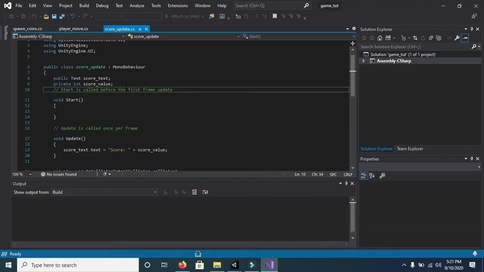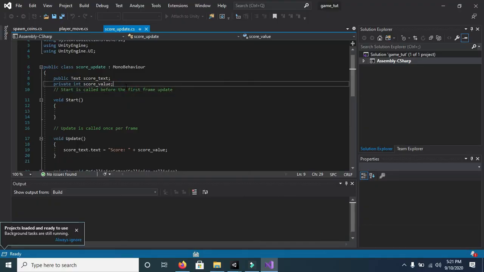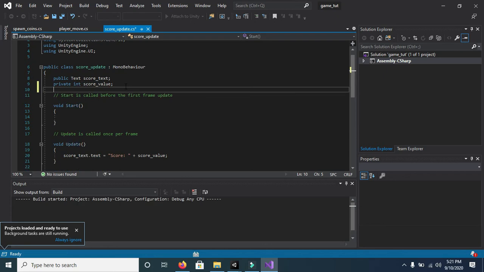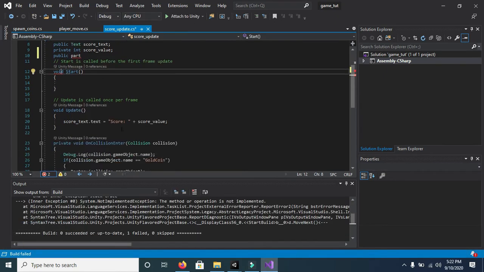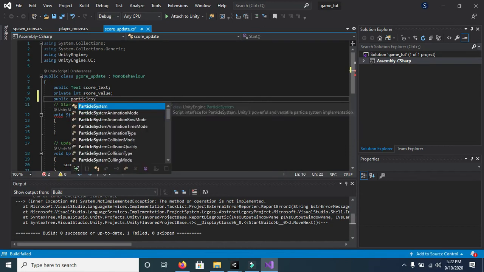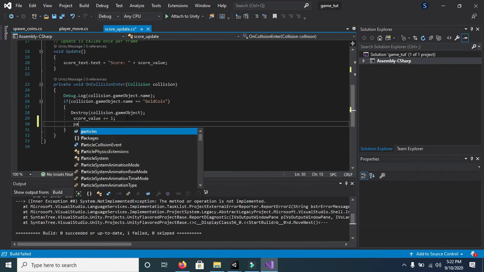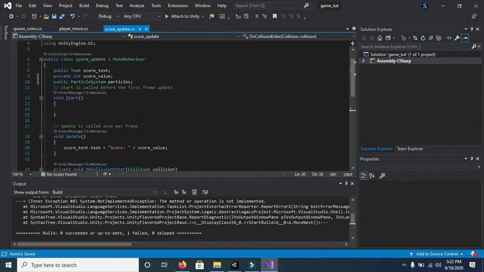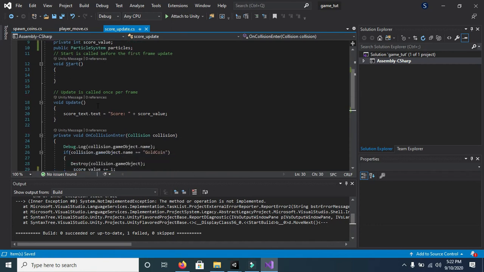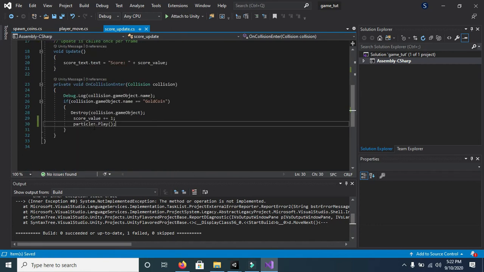Now first of all I will make changes, then I will describe what is happening. Now you can see that first of all I have created this variable particles, which will store the reference of the particle system, and then I have used this variable to play my particle effect whenever the collision takes place.